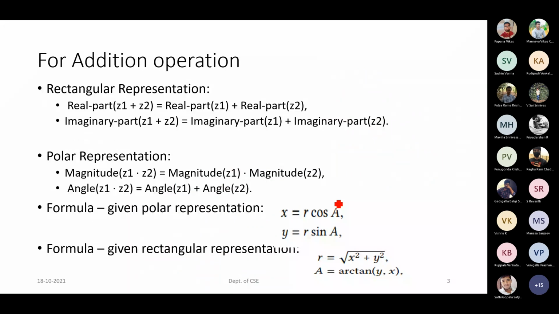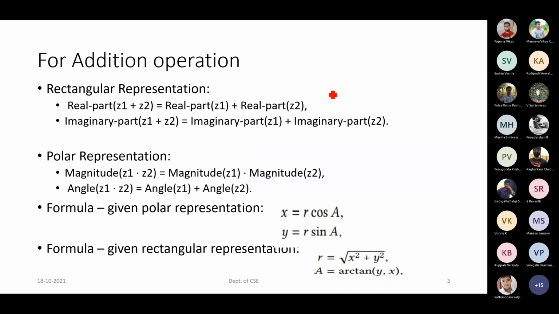So how do we define the procedures and what are the formulas? Let us discuss. When we take up the rectangular representation, as I have said, if we are adding two complex numbers, we will be adding the real parts. We will be defining a procedure called real part, just to extract the real part of your complex number. Similarly, imaginary part: if you are taking both the complex numbers Z1 and Z2, we need only the imaginary part of your content. So we will be defining another procedure called imaginary part, where we will be extracting only the second part of it.